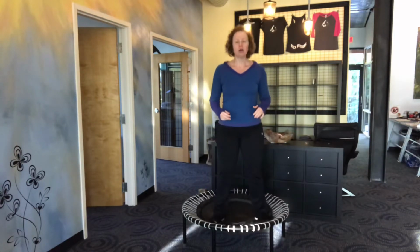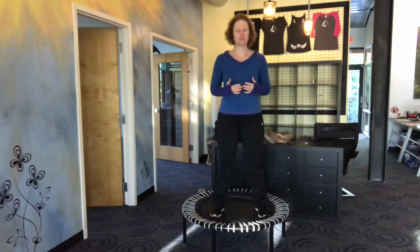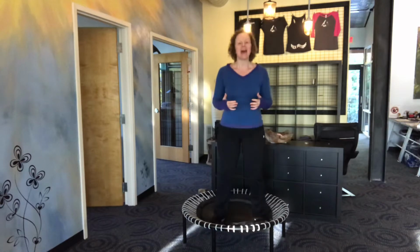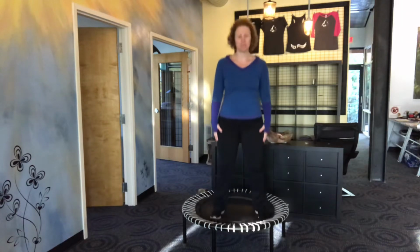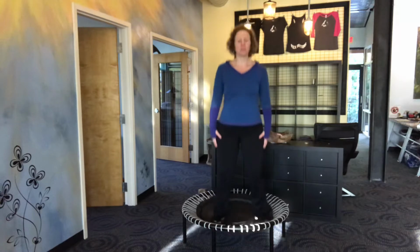Now, there are all sorts of exercises that you can do for fat burning, for cardiovascular support, but today I want to focus on lymphatic support. And this is called the health bounce. And guys, 5 minutes of this every day. It is so simple, and it's probably hard to believe, but if you will get on a rebounder,